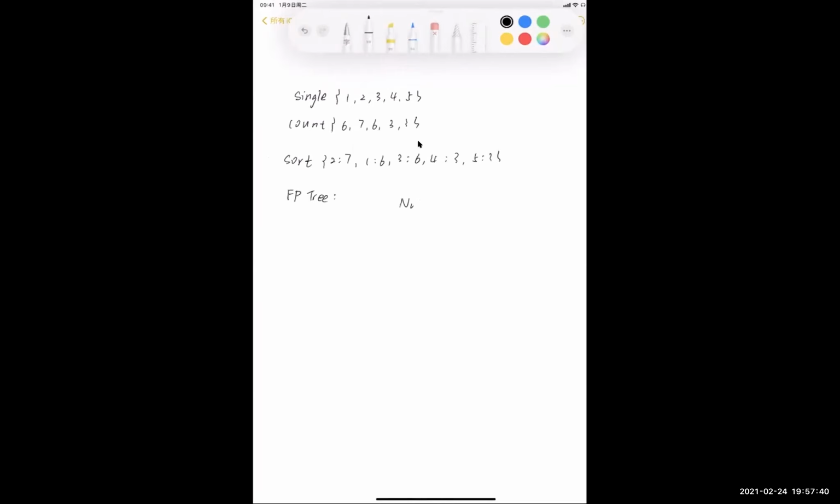We start from the null, and the first transaction is 1, 2, 5, and oh, we need to sort each of the transaction's items according to our sort sequence. So the first one is 2, 1, 5. So start from null. We have a first node, which is 2, and we count it as 1, and then 1, 5. We generate 1,